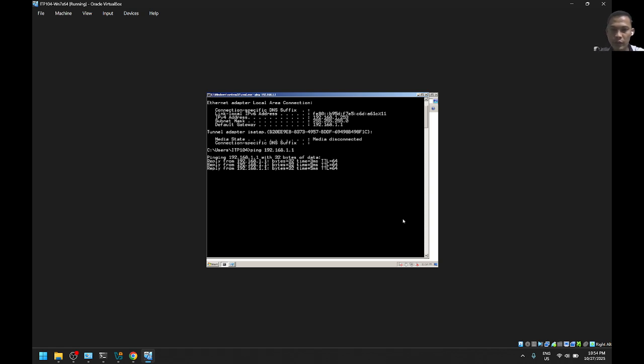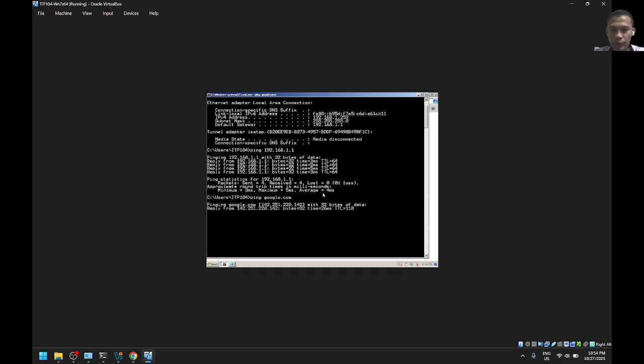Right now, my virtual OS can communicate with our router. We'll try to ping google.com. This time it responded, which means our virtual OS has an internet connection.